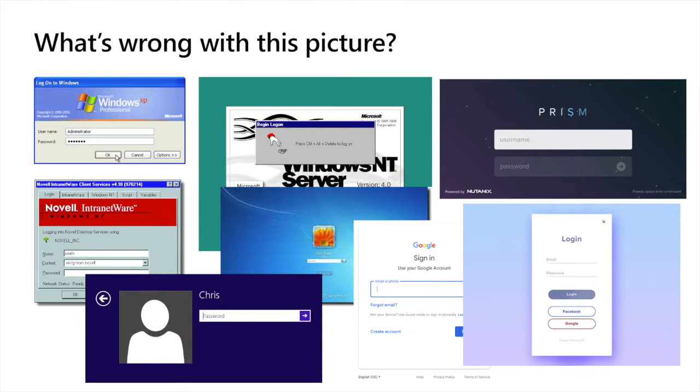First of all, I want to ask you a question. What's wrong with this picture? Well, you're looking at lots of different logon screens. And for the last 30 years, this is pretty much the way it's been. All that's been needed to gain access to a system is a username and password. And you can see from very early versions of Windows to Prism to Novell to Google, it's the way many